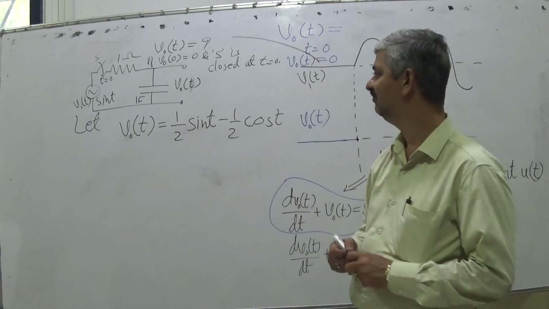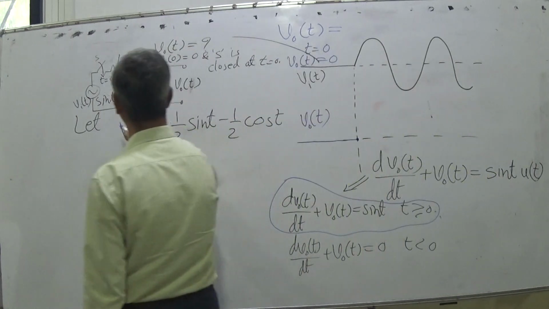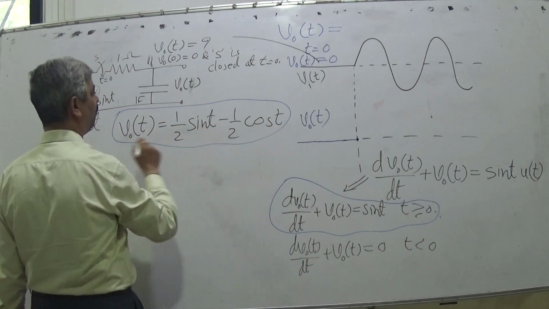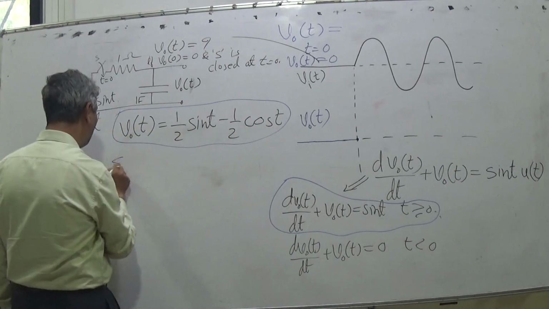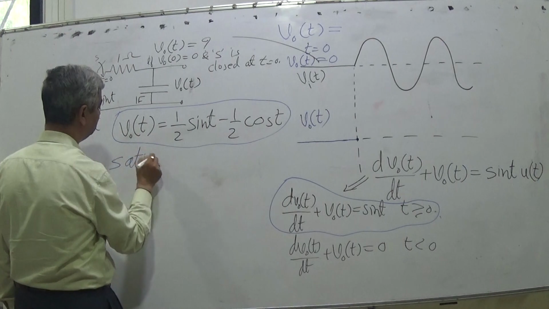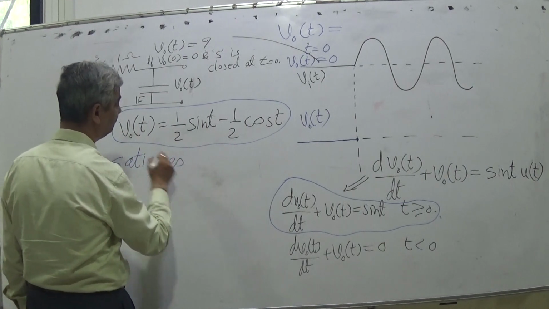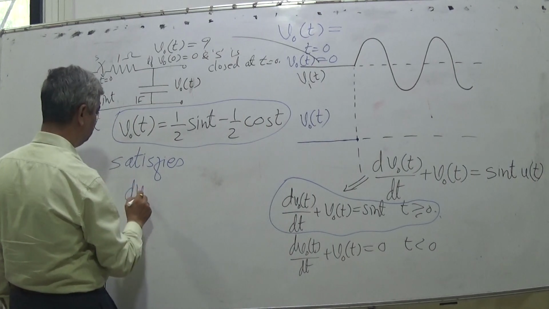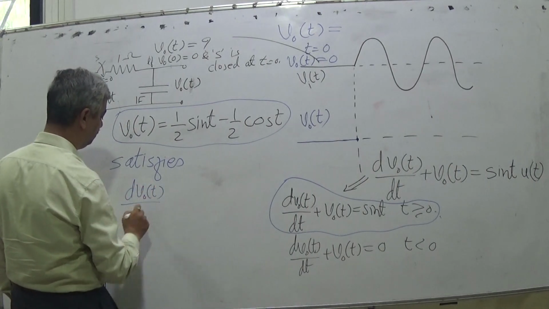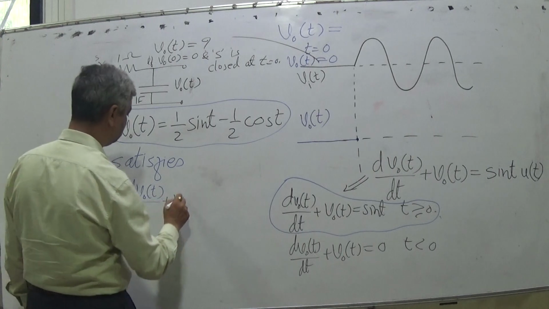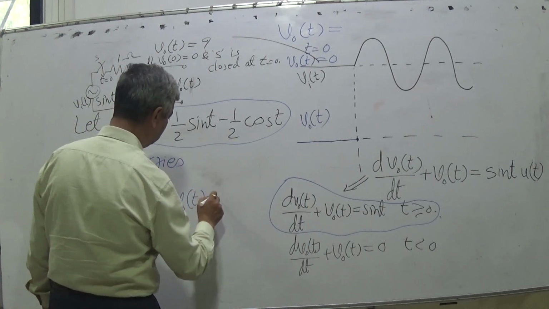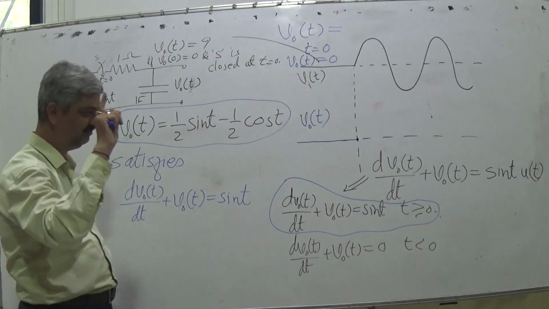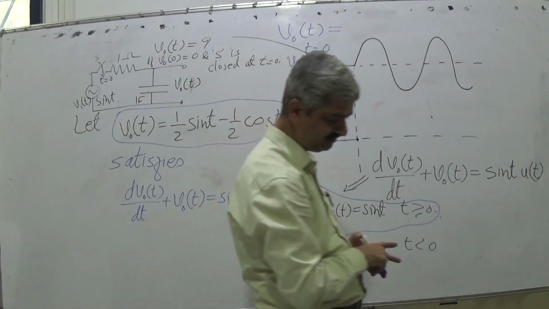So VOT is equal to half sin t minus half cos t satisfies the differential equation dVOT upon dt plus VOT is equal to sin t. But as I said,